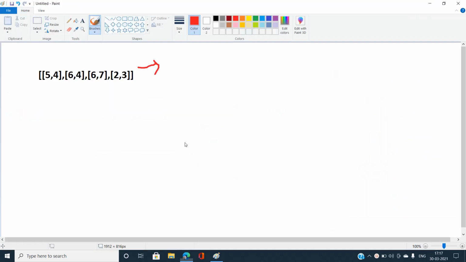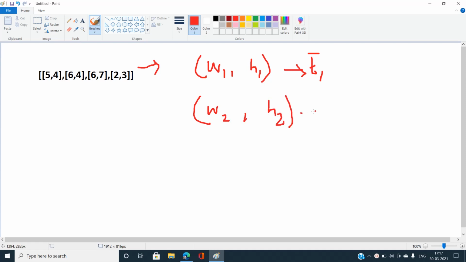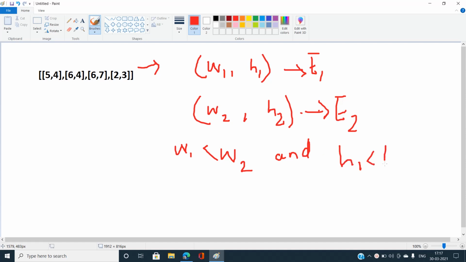Basically, for a given envelope we have been given two parameters, the width and height. Let's say w1 and h1 for one envelope, and call it e1. And we have been given another envelope, with w2 and h2 as the width and height, and let's call it e2. Now the question says if w1 is strictly less than w2, and h1 is less than h2,